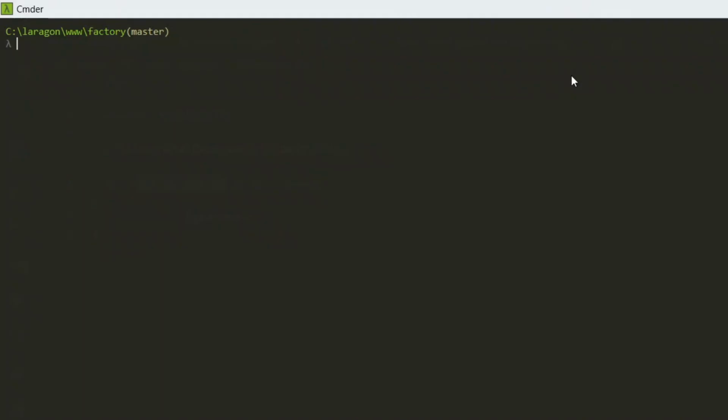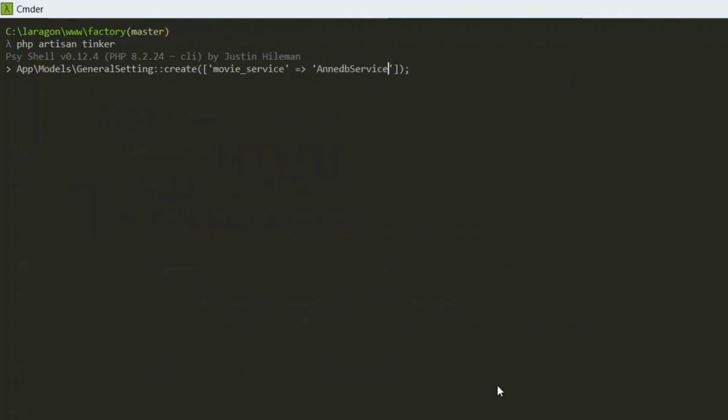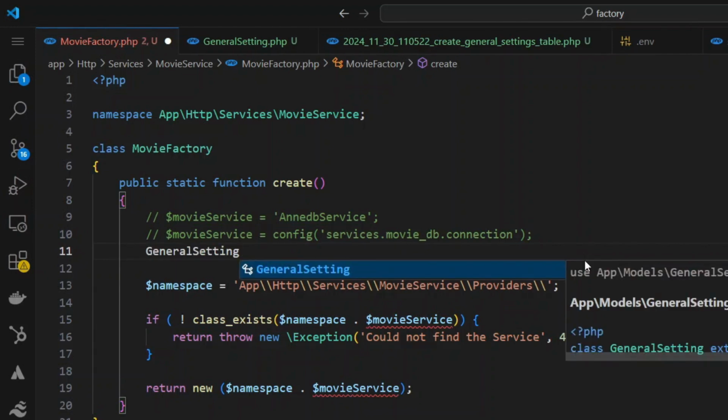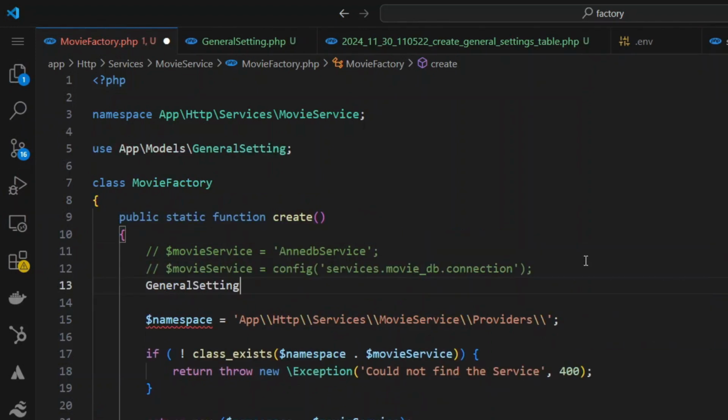So I'm at my console again. I'm going to write down PHP artisan tinker, and then let's just give the namespace here along with the class, and we'll say, so this is what I'm going to create into the database. I'm going to copy this. I'm back in my movie factory class. I'm going to comment this out. General setting. When I hit tab, it's imported at the very top. I'm mentioning this in case you're not using VS Code. After this,